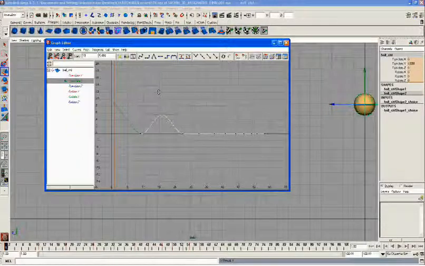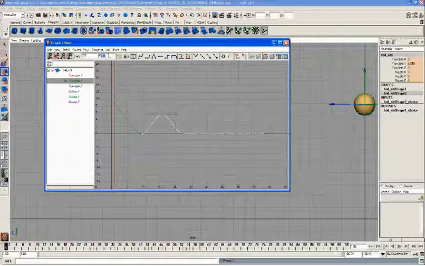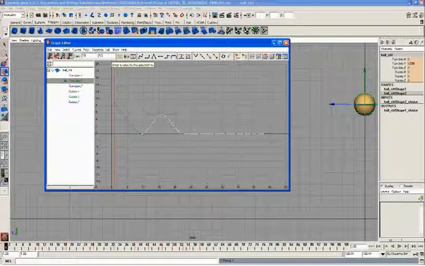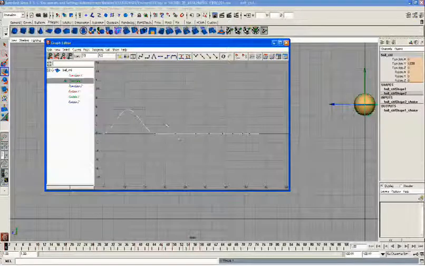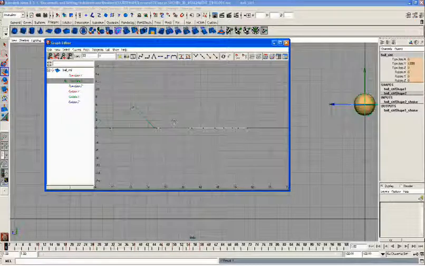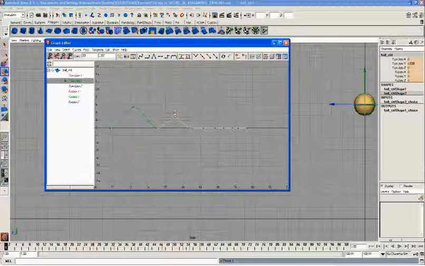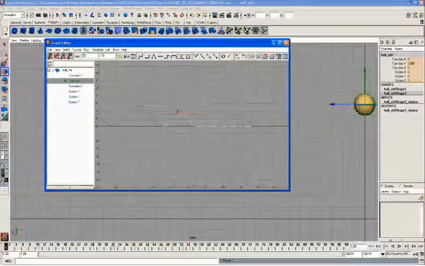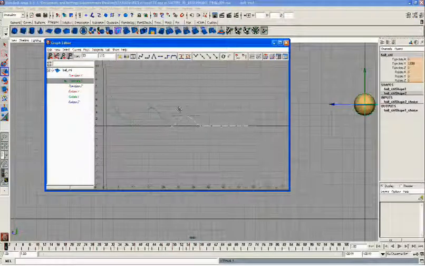maybe this much. Let's say according to this graph, if we calculate, it's like 5 point something. And this is our next alternate key, which is coming on frame 33. I'll just move it up, this much maybe.